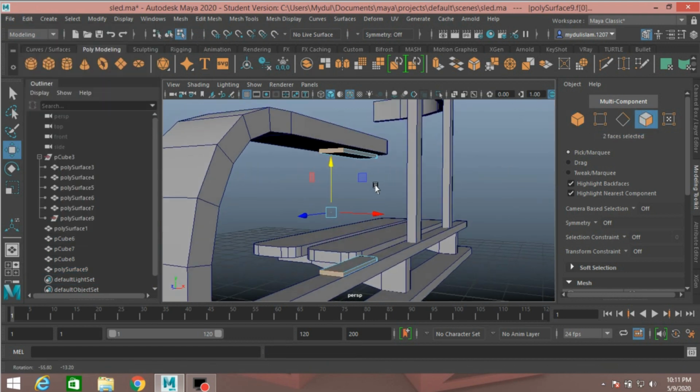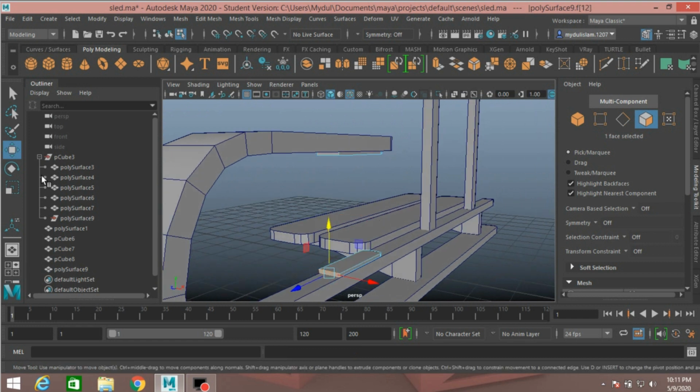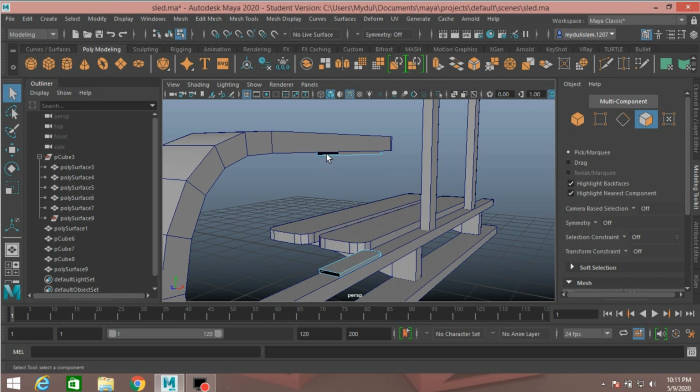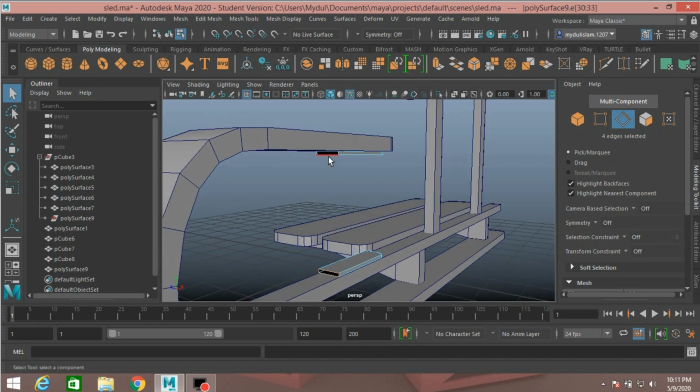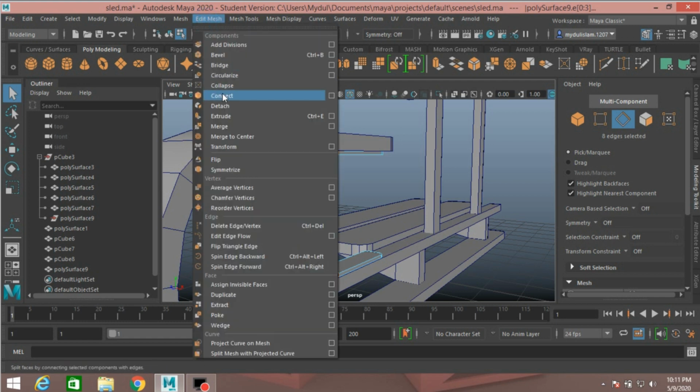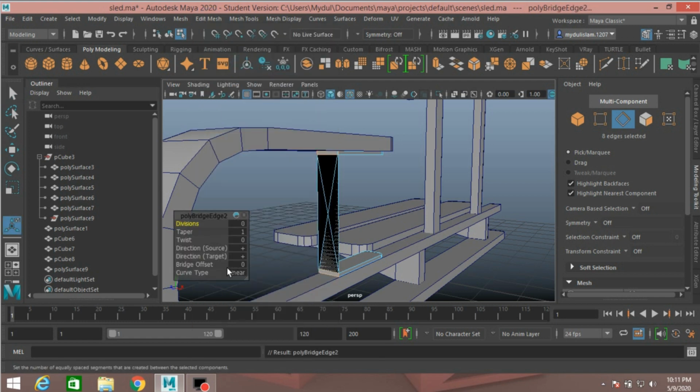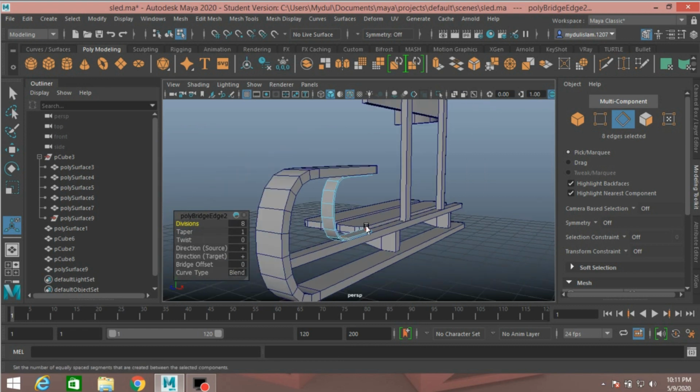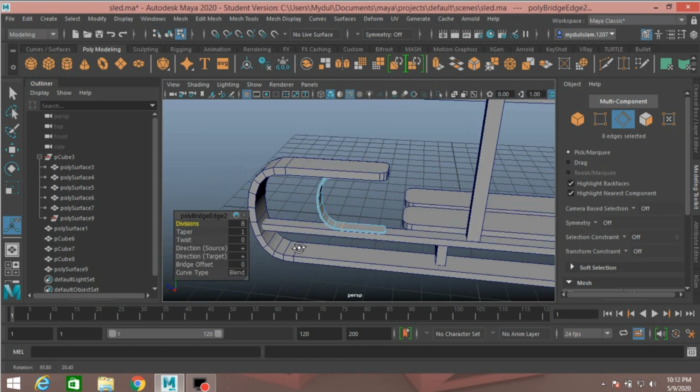mode, select this face, shift select this face, press delete. Now go to edge mode, select this edge, shift double click on this edge, go to edit mesh, click bridge and in the type, select blend and division, take 8 just like this.